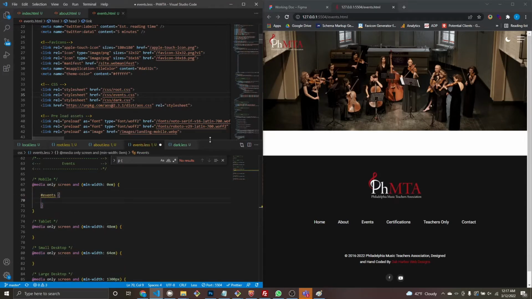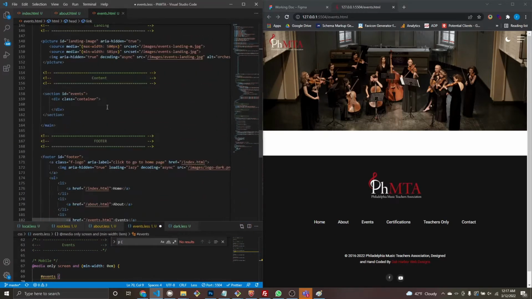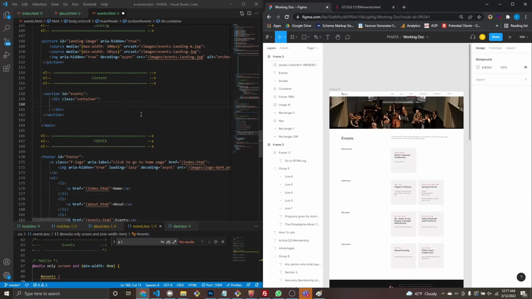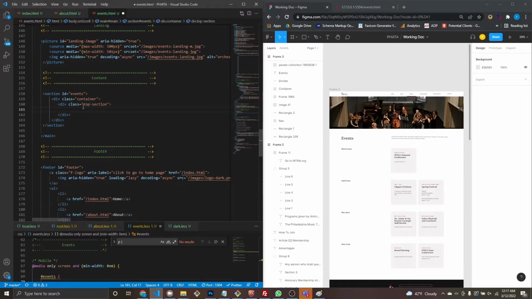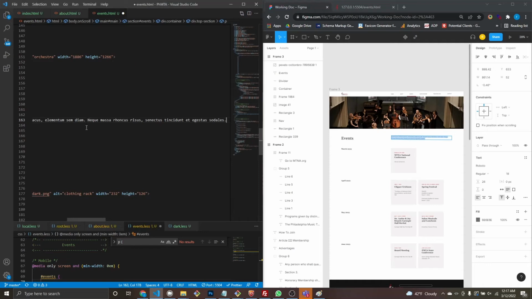So let's get our HTML out of the way. So we got our container. We got our topper. It's going to be our h2 content, h2 events, wherever you are,